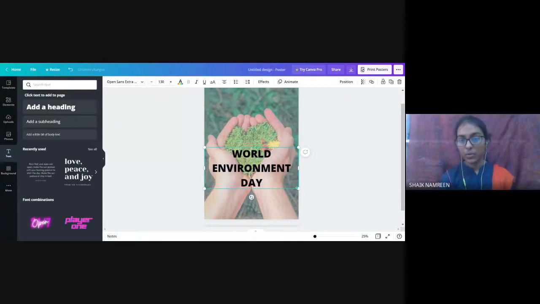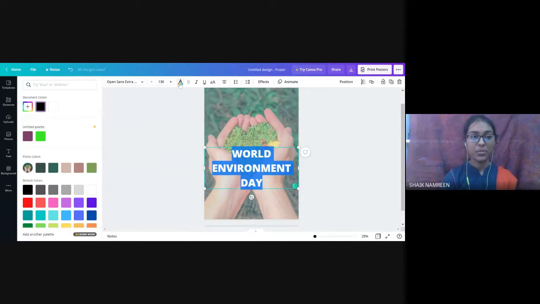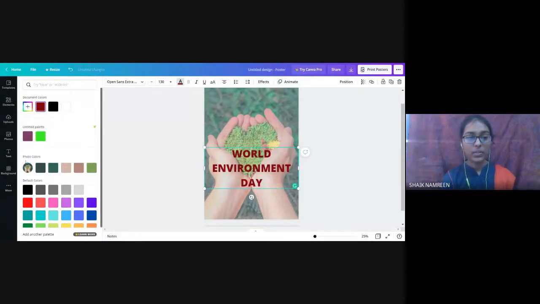We can change color. I will show one thing by clicking on this plus sign. Whatever color you are applying, you can see here. And as I told, these are photo colors, whatever photo is showing, the related photo colors will be shown, so that your content and your photo will be matched.